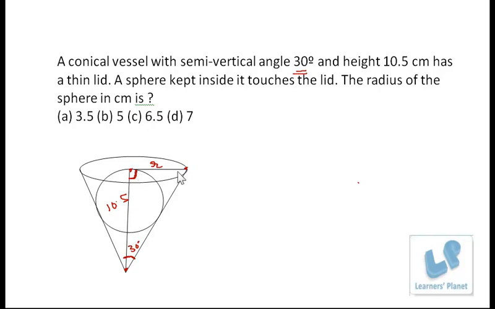Okay, now the relationship between these two, r and 10.5, this is perpendicular and this is base. So the relationship between this and this will be given by tan theta, right? So here theta is what? 30 degree. So tan 30 degree, 1 by root 3, is r upon 10.5, that can be written as 21 by 2, right? So that gives us r as 21 by 2 root 3. Okay, so this length is 21 by 2 root 3.